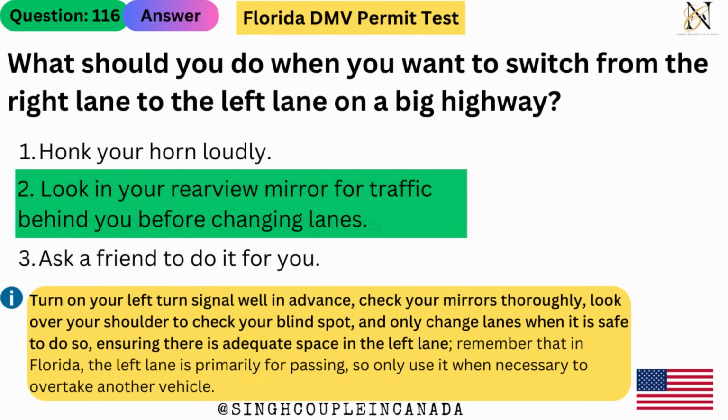Turn on your left turn signal well in advance, check your mirrors thoroughly, look over your shoulder to check your blind spot, and only change lanes when it is safe to do so, ensuring there is adequate space in the left lane. Remember that in Florida, the left lane is primarily for passing, so only use it when necessary to